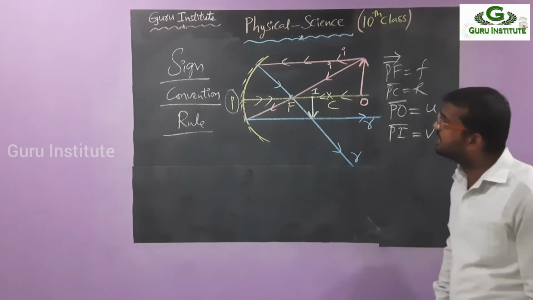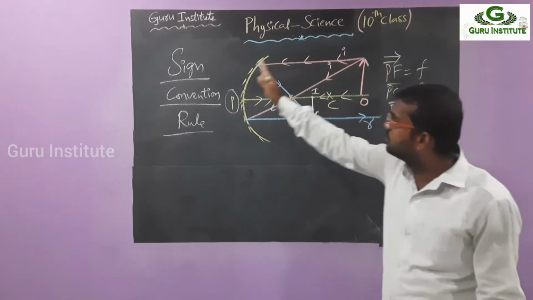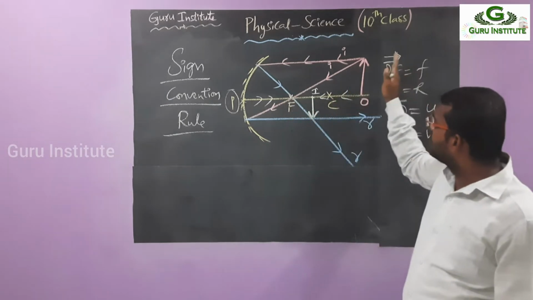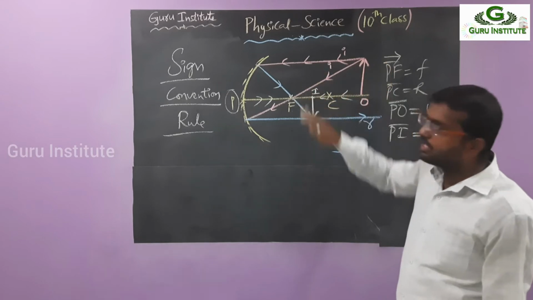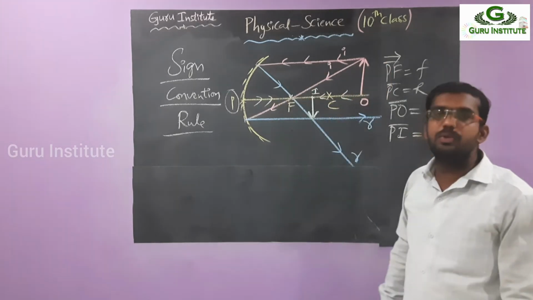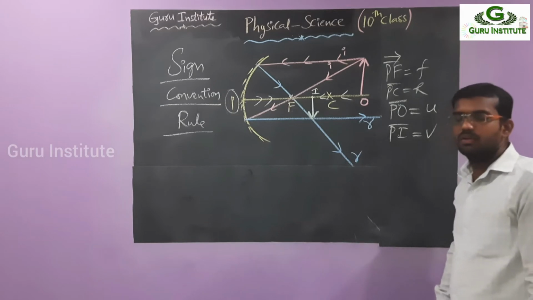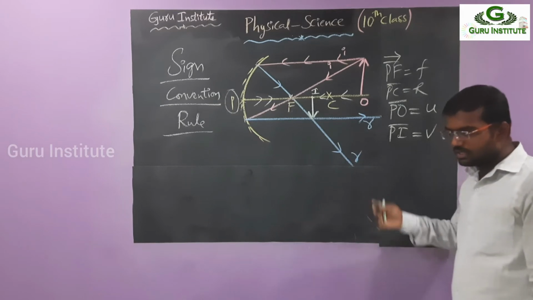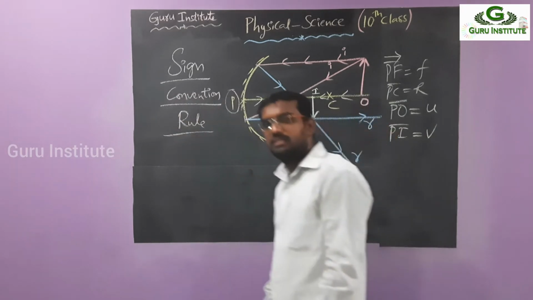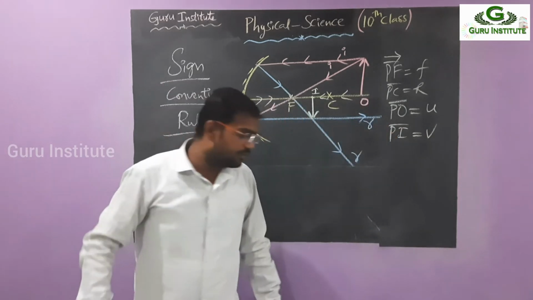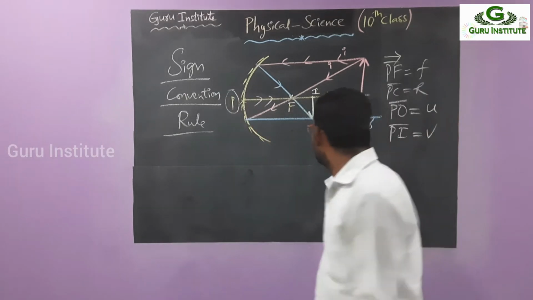So what is the incident ray direction? Where is the incident ray? This only, na? These are coming from here to there. That means they are moving right to left, right? So if your measurement is also right to left, then that should be positive. Otherwise, it should be negative. In simple terms, incident rays are moving like this. If your measurements are also like this, then that should be positive. Otherwise, if it is opposite to that, then that should be negative. Okay, right? That is the second point.